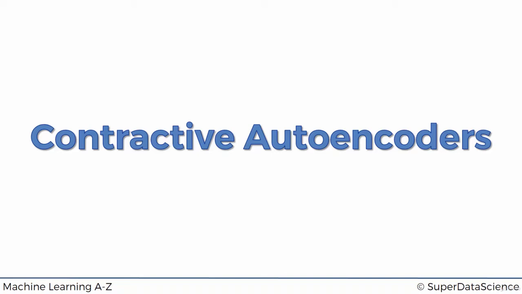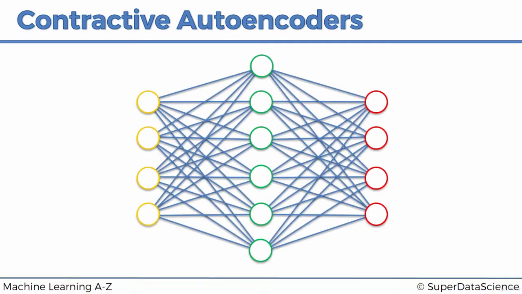Today we're talking about contractive autoencoders. This is going to be a very quick tutorial just to introduce the concept, and then we'll advise some further reading where you can dig deeper into it. So, contractive autoencoders. This is another regularization technique, just like sparse autoencoders and denoising autoencoders, which is designed to combat